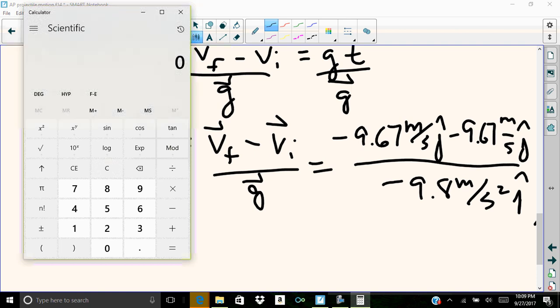Okay, so I'm going to take negative 9.67 minus 9.67, and then I'm going to divide that by 9.8. Make sure you have the negative, and I get 1.97 seconds. And that's what I want. Well, wait a minute. 19.67 minus 9.67, that's actually going to give me 4 significant digits. So I actually need to make this